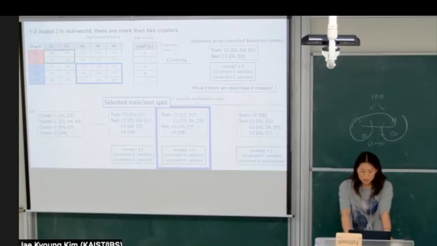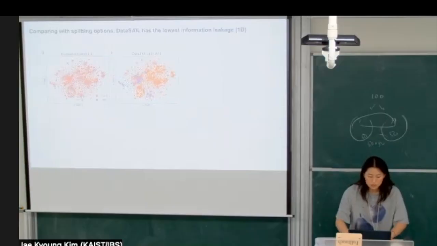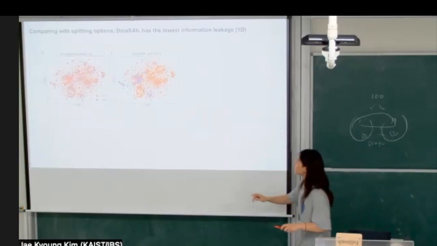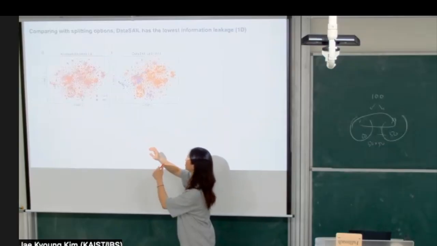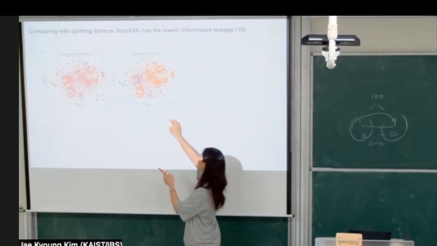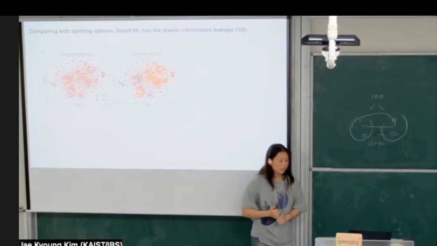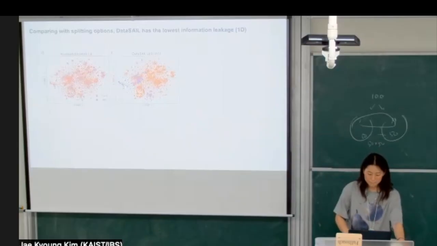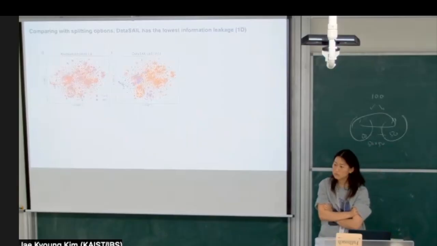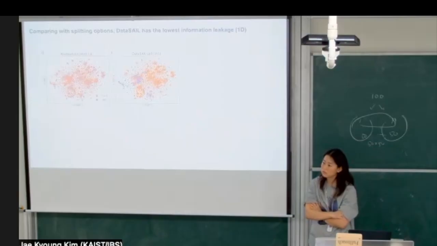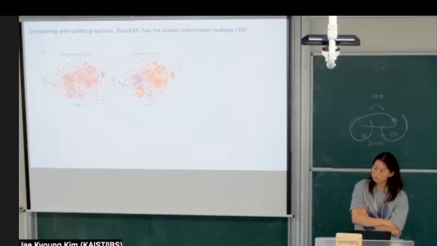Yes. So they showed us this graph where this is a random train test split, and this is DataSAIL. So you can see that it's more clustered. Dr. Kim, what's your impression of this? On the left it's really randomly mixed, and the right is like that. Usually when sampling, you originally prefer the left. But this one is a bit unusual.